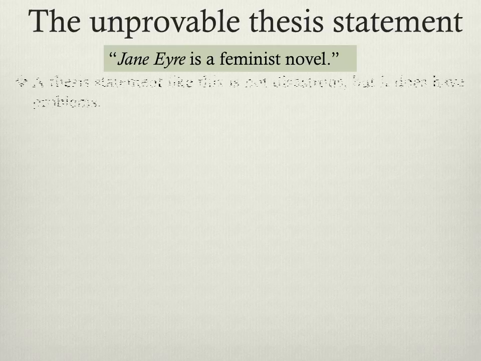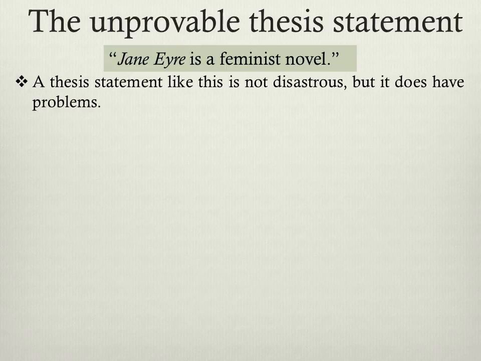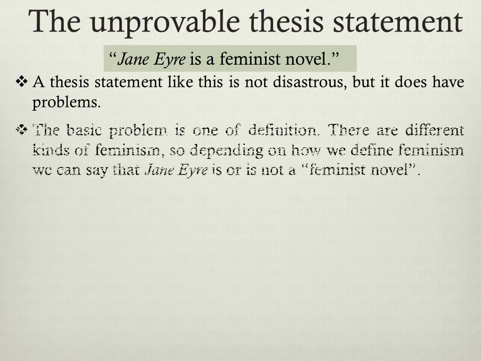So it's not a disaster in the same way as the last one, but there are a lot of problems with this because how are we going to define the word feminism? There are different kinds of feminism, what they call first wave feminism, second wave feminism, third wave feminism. So depending on how we define the term feminism, we could say that it is a feminist novel, or we